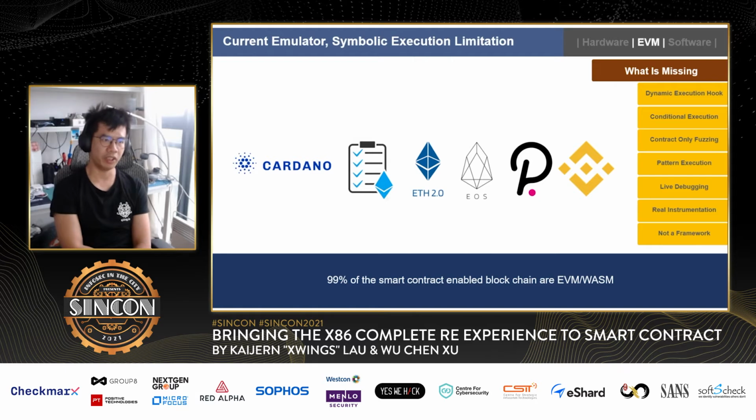Of course, Cardano is totally on a different path, on the Haskell kind of mechanism. So that is something that we are looking at, and we might want to go into that space. Of course, I missed out Solana. But what is missing over here is, regardless of which coin and which blockchain we are referring to,